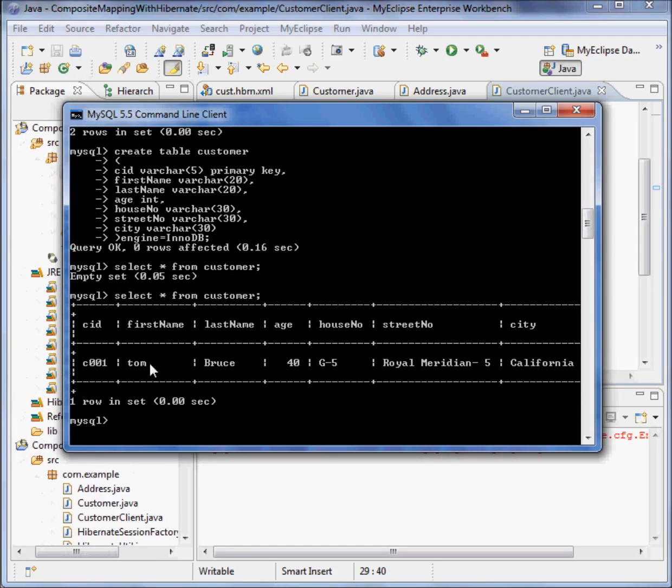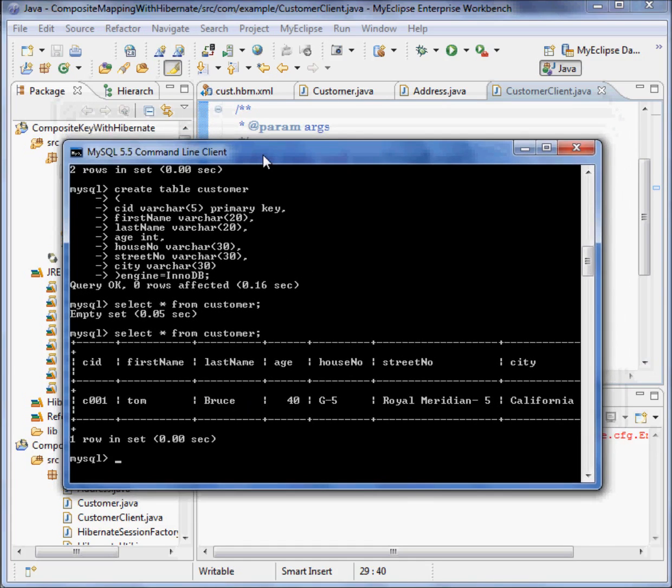So this record is in my customer table, and from here to here, the street number, house number, and city are in address. So I'm getting one record here, right? So that's all about